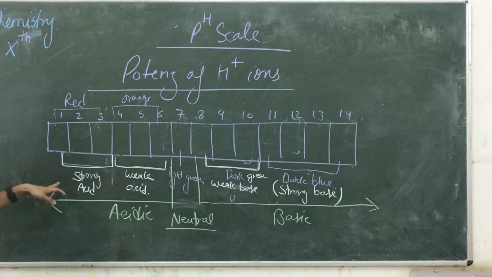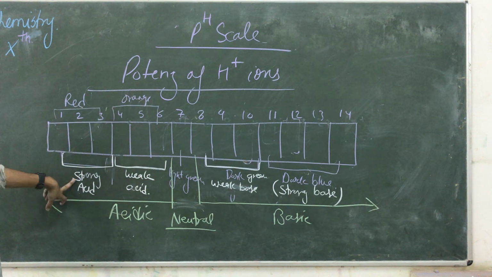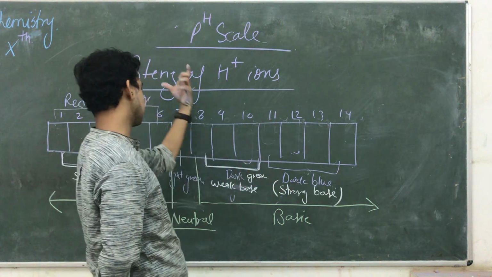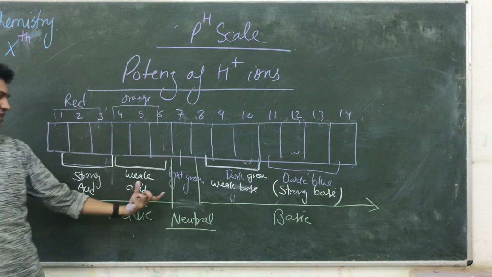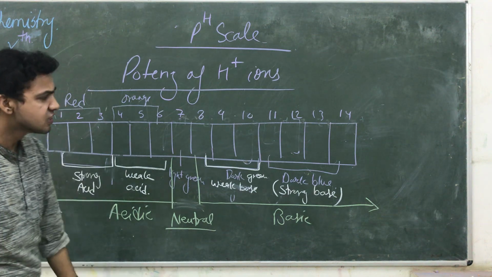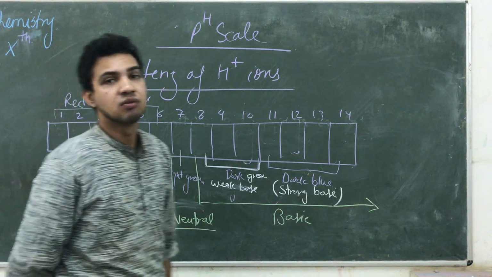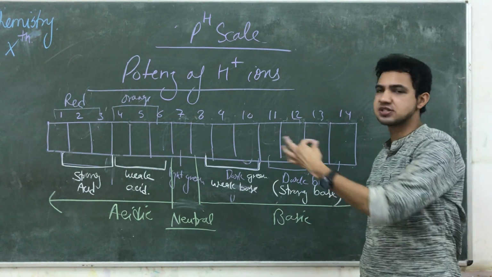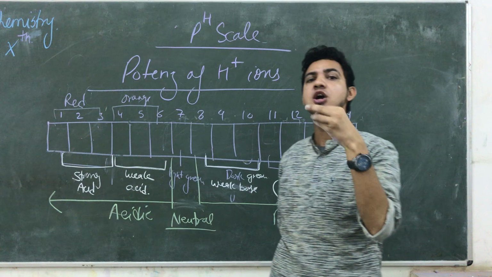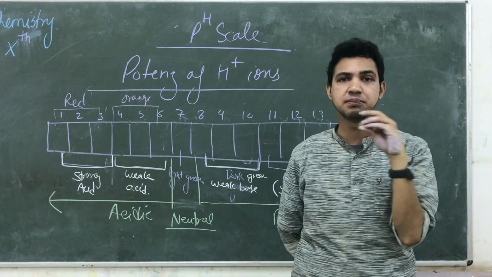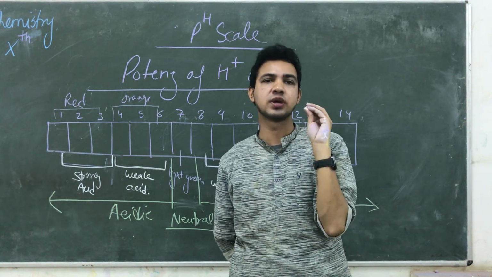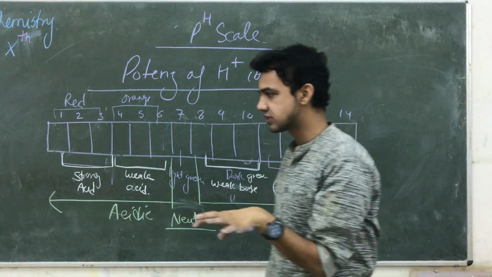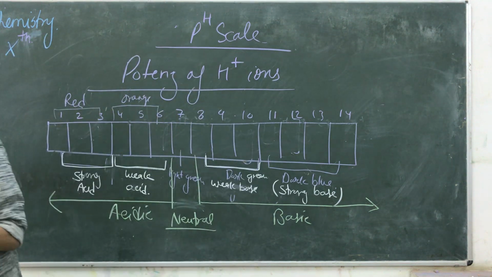Okay, on the basis of their color, we are saying whether the given solution is a strong acid, weak base, or strong base. If it imparts a light green color, it means it's neutral, not acidic, not basic. So this scale is known as the pH scale. Generally in higher labs, we are not using such paper; we are using a pH meter, which gives you the value in digits. But in 12th class or in schools, we are using pH scale paper.